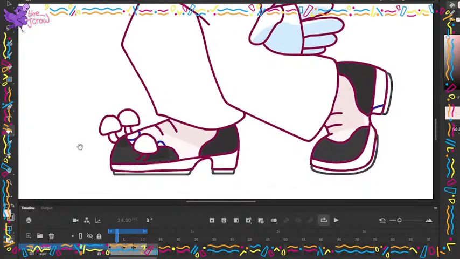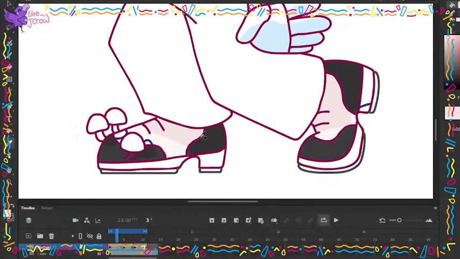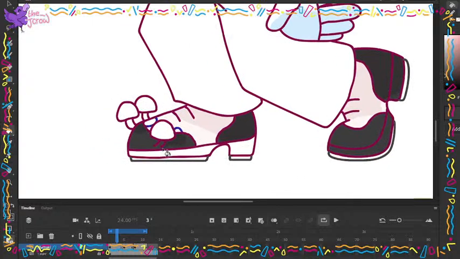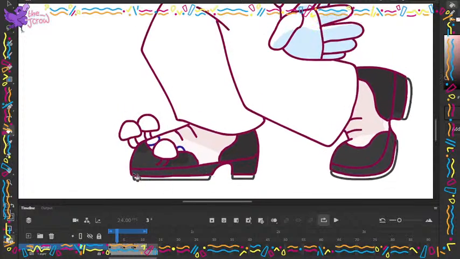Okay, so I think those parts are black. The sole of the shoe is also black. And then the bottom parts are made of metal.